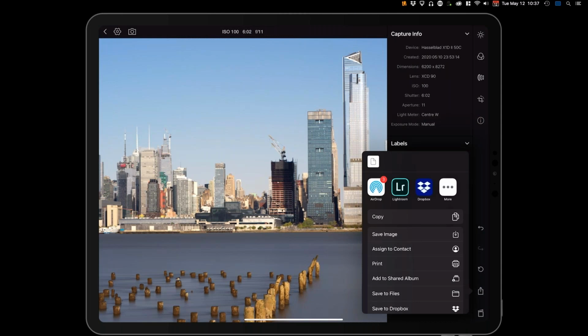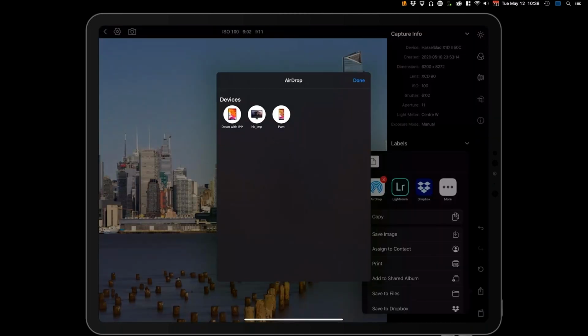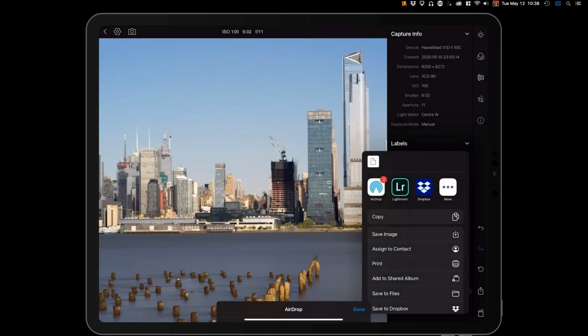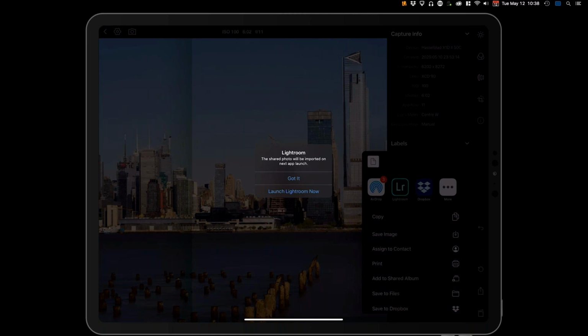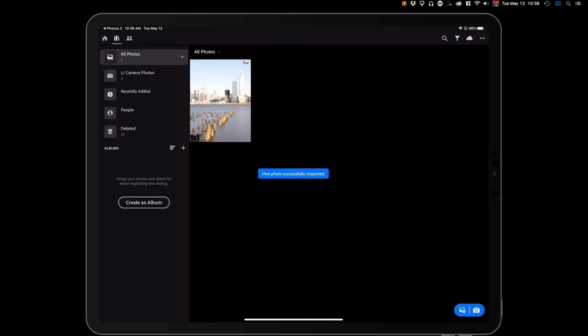the Lightroom applet. And then also any other share options that you have in your iPad OS, you can easily adjust the share. So if I wanted to airdrop the raw file to my phone or a friend that's close by, I can of course do that. But let's show you that Lightroom option because it is easy as anything else. Just by tapping it, it says the next time I launch Lightroom, it's going to automatically bring that file in. We'll launch Lightroom now, and it automatically brings that file in.